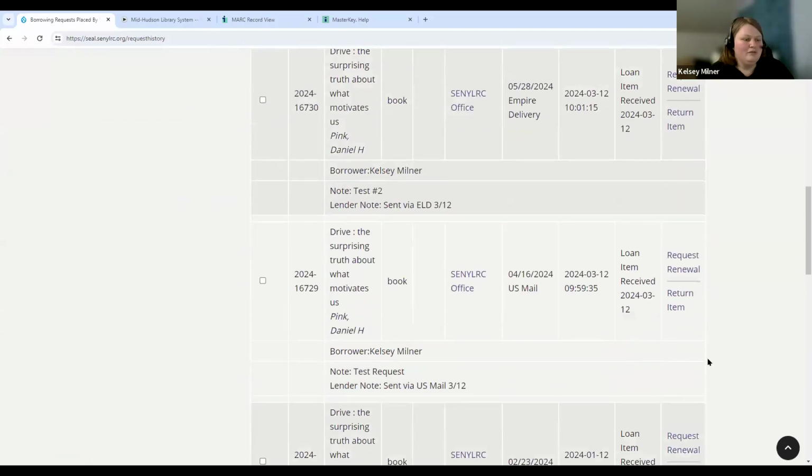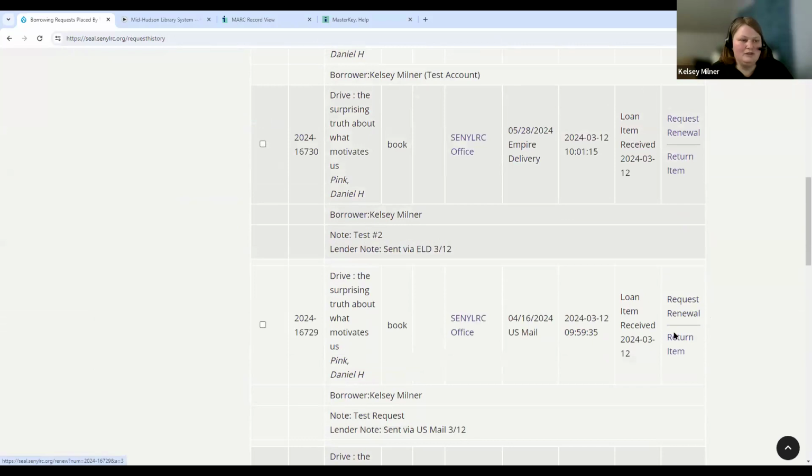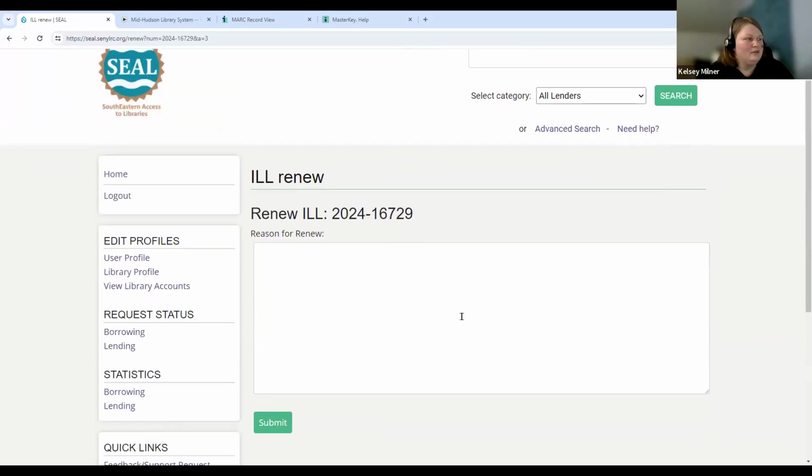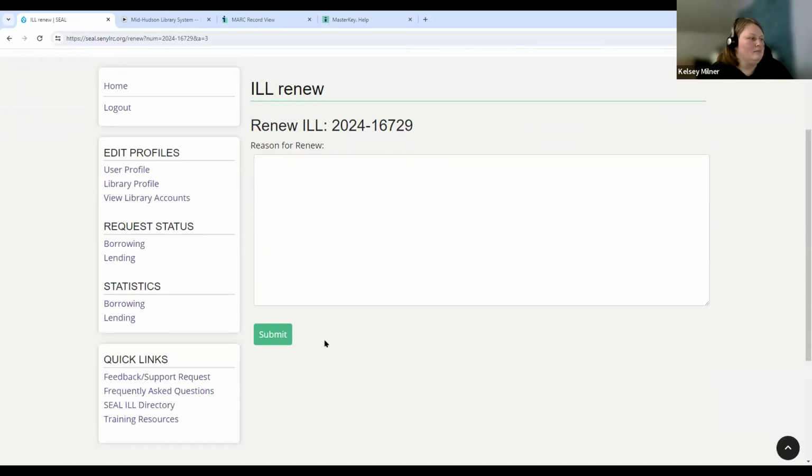And once you have received an item, you'll get 2 new options. So you can request a renewal, I can't say the word request right, request a renewal, or you can return the item, indicating that you're returning it back to the lender. So if your patron ever needs more time with an item, you can request a renewal using this option. Again, you have this optional note field where you can type in anything you want to convey to the lender, like, I need more time, patron needs a couple more weeks, something like that. And then you would click submit, and basically what happens then, the lender will get an email